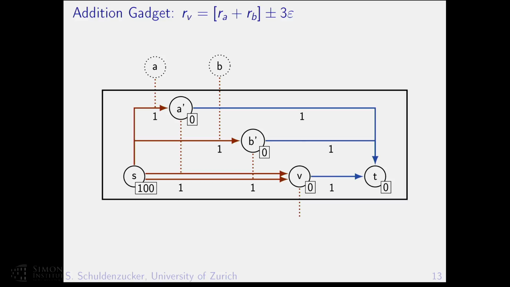And now if you do the math, and you can just trust me for the moment, if you compute the recovery rate of this, and then of this bank, you actually receive this formula. And the error is 3 epsilon because you have 3 banks, and you have 1 epsilon at each bank. Now this could be referenced in another CDS, which would be used in another gadget, and so on. And in the end, you have built your whole circuit. And this is how we do it.